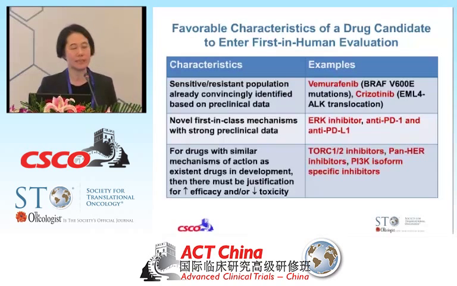And I put in here examples that are very well known to all of you, vemurafenib in BRAF mutated melanoma, or crizotinib in ALK-translocated lung cancer. These do not come very often, unfortunately, to the phase 1 world, but hopefully in times to come we'll see more of that. But the strong preclinical science makes them very attractive.